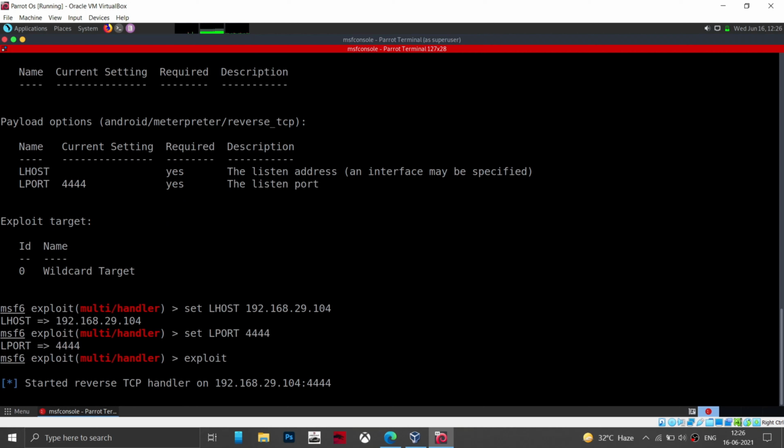Now what you have to do is go to your Android device, or you can send this payload to your friend's mobile device. I will be becoming the victim myself to show you in an easy way.